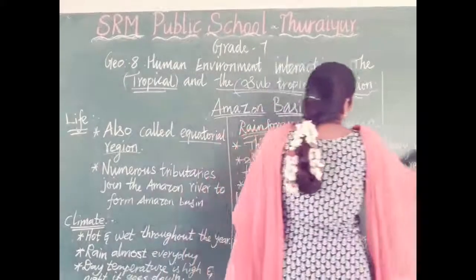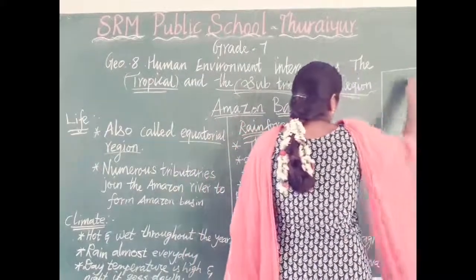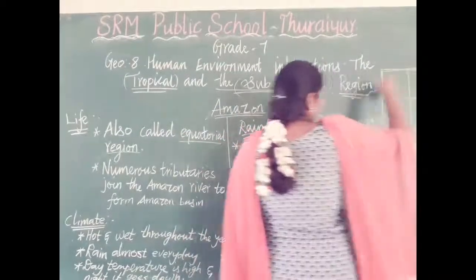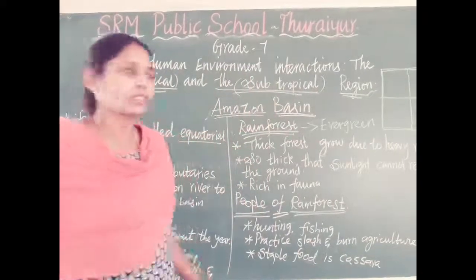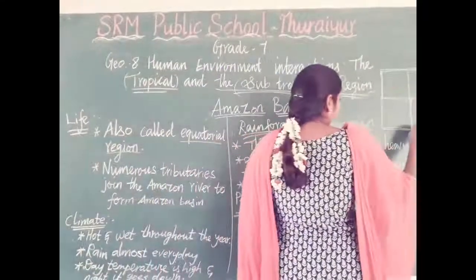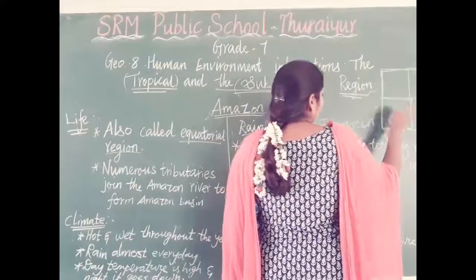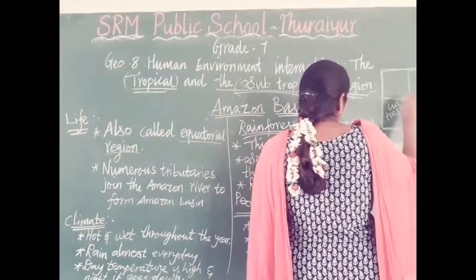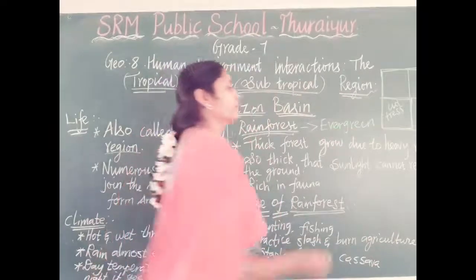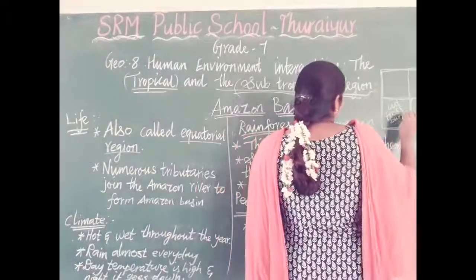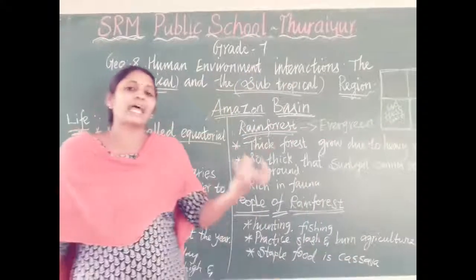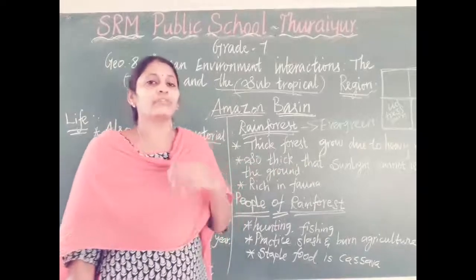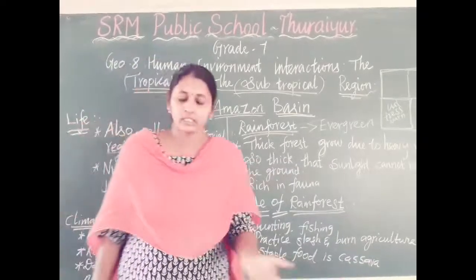The Amazon people select a piece of land. Suppose the entire square is a forest, and in that forest they take a particular piece of land. Plants, animals, trees, everything is present, and they cut the trees and leaves and burn them. With that burning they get ash. They spread the ash on that land. The ash is a very good natural fertilizer for the land.